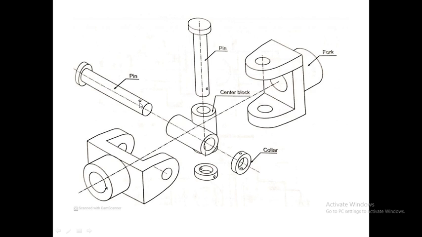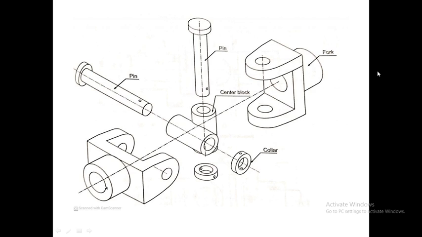You can see these holes which are present in the pin, similar holes of the same dimension are present in the collar also, both the collars. You can see here also holes are present. Now these holes are used to insert the taper pin,